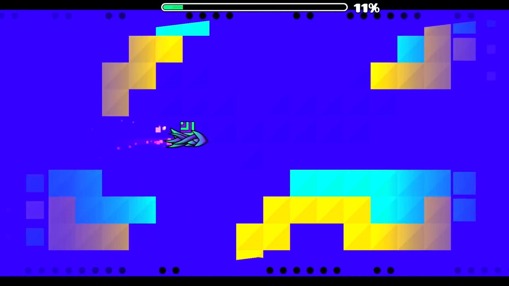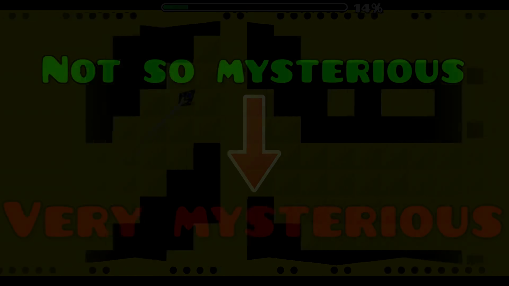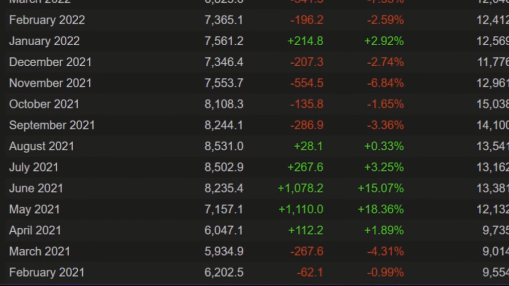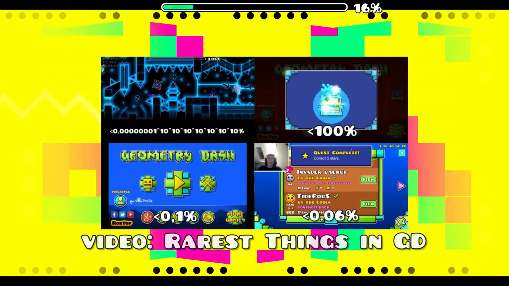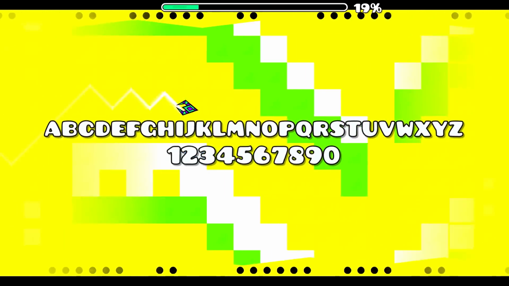Be aware that the video will progressively get more and more strange, and let's get right into it. Let's just start off with an interesting one. There is a huge amount of players who play Geometry Dash and most of them have regular names. Like I said in a previous video, there are 36 characters that you can use to create your username. But is this really the case?